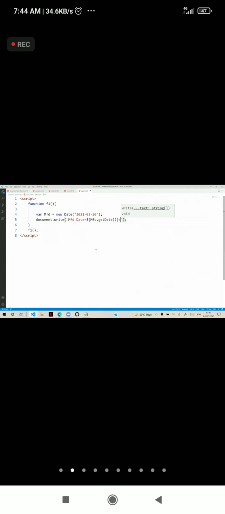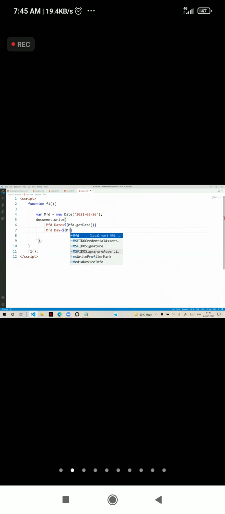Next line. So yeah, let's keep multiple lines here. That is manufactured date. Next, manufactured day, that is weekday. So we need to access mfd dot get day. We have to use get day.